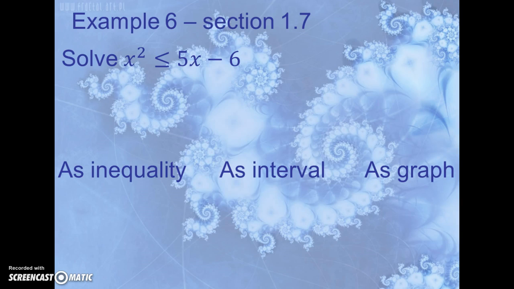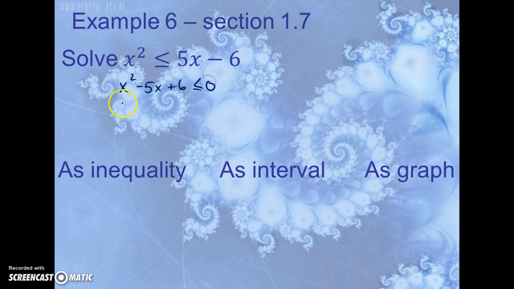Alright, so flipping over to 1.7. 1.7 is going to play around with inequalities. You've probably done a whole lot of one-variable inequalities with linears. Quadratics are a little bit funkier. I'd encourage you to think about the graph of this quadratic. If I bring everybody over on the same side,